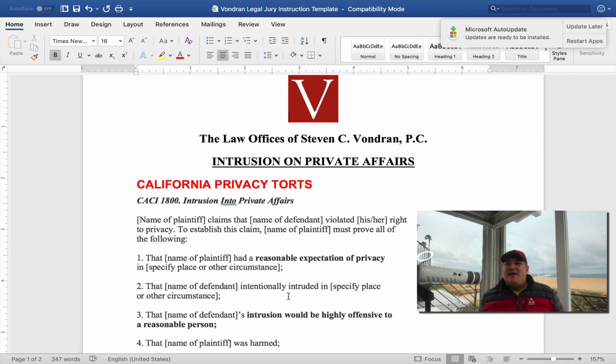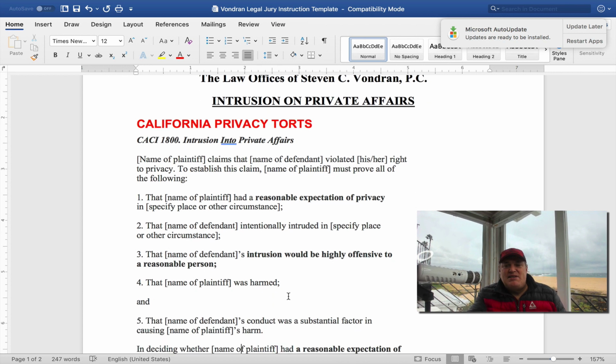At any rate, the case went on. They tried it. Both parties got entrenched. They took it to trial. The jury awarded over $100 million, over $100 million to Hulk Hogan. The case is now up on appeal, but this was just a gigantic case centering under the right of privacy, intruding into private affairs. So if you look at it, did Hulk have a reasonable expectation of privacy in the